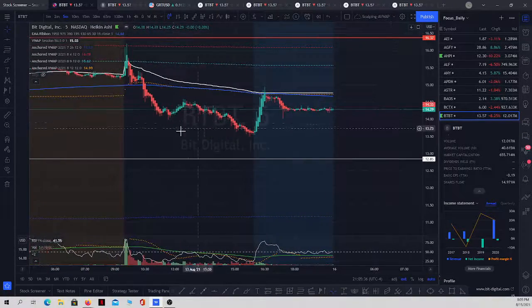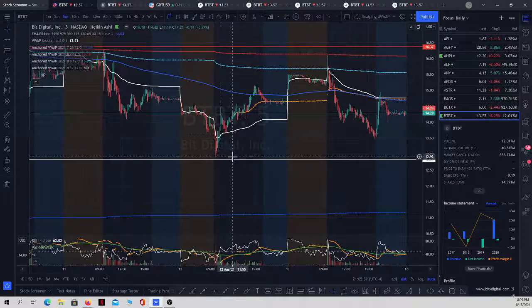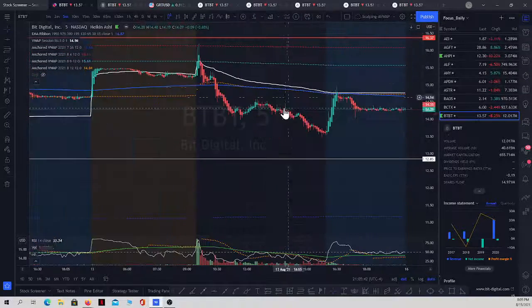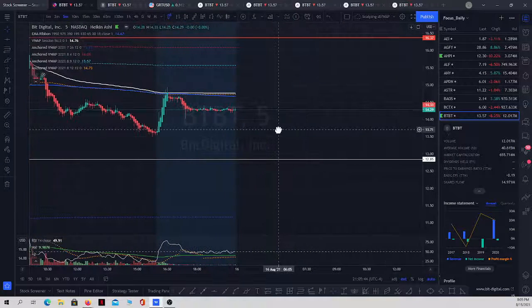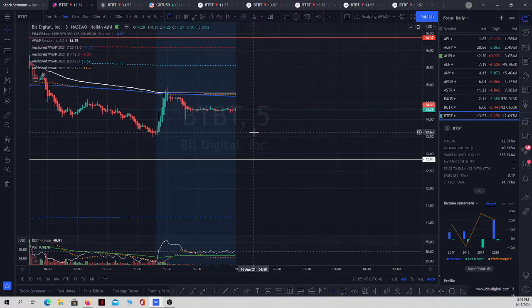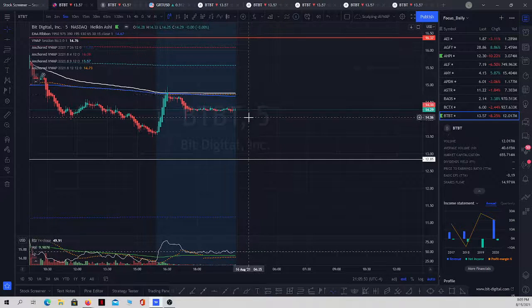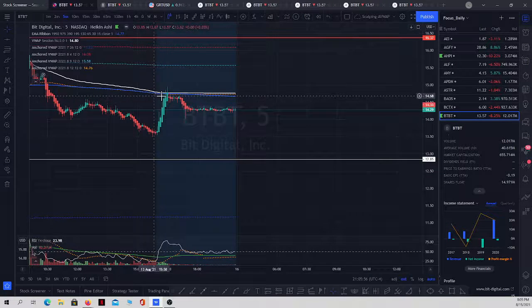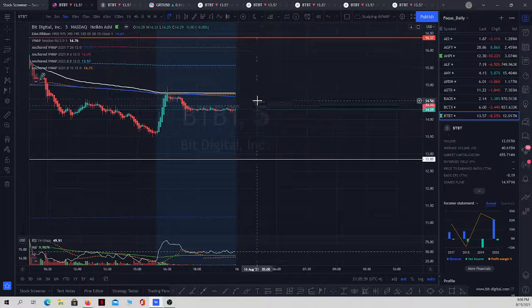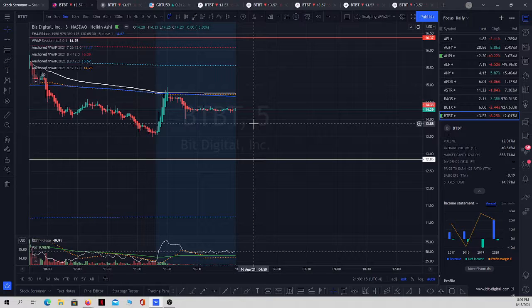So what we're gonna wait to see is, we hope that it gaps up in a way that it opens above this price, and this will be good and will help us to get into this trade. So you need to adjust your setup. It's not about getting impressed with the sharp price movement